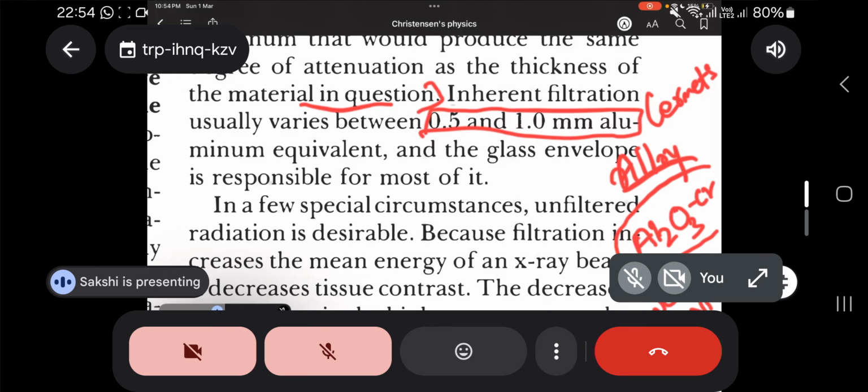What is the character of this borosilicate? These are heat resistant actually, and also not resistant to low energy radiation. They transmit it. So obviously not everything they will use. And Pyrex glass, basically see there are different companies. The same way that we are using in MRI, na, there are different companies. Same way they are using different companies in X-ray tubes also. So some company will use for this kind of tube borosilicate, and some company will use Pyrex, maybe metal ceramic, maybe like that. There are different varieties of Pyrex glass also.